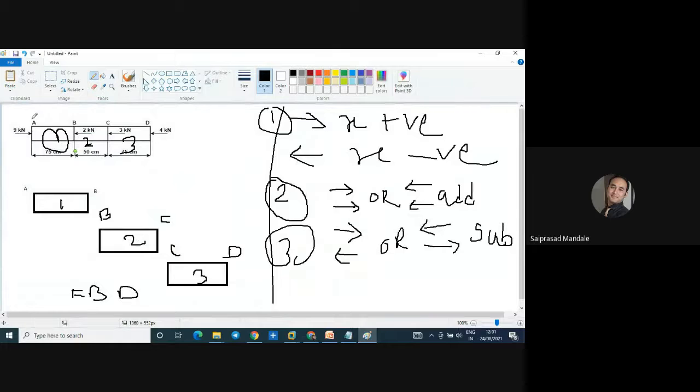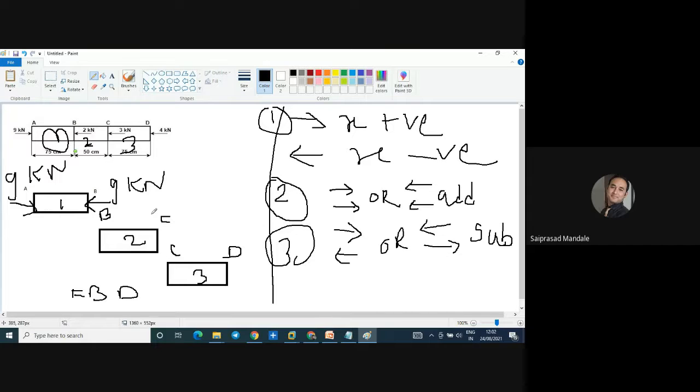Now start from the free end. We have to start from the free end. Okay. So 9 kilonewton. Tell me the direction of force in which it is moving. It is moving in positive x-axis or negative x-axis? Positive x-axis. It is moving in the positive x-axis. So I'm going to apply here 9 kilonewton force. As per the law of equilibrium, we have to balance this. Try to understand the terminology because I'm unable to write properly on the pen.